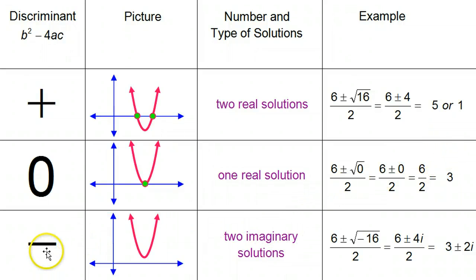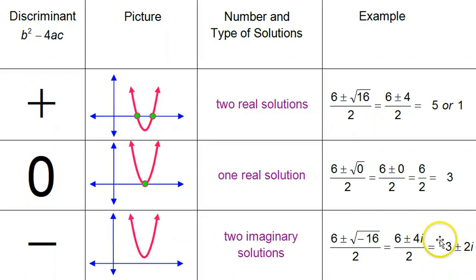If the discriminant is negative, you're in this situation graphically, no x-intercepts. So we don't have any real solutions, but we have two imaginary solutions. And of course the solutions will be imaginary because with a negative discriminant you have a negative under a radical, and we just learned that a negative under a radical is where we get i from. So we're going to get plus or minus 4i in this case,